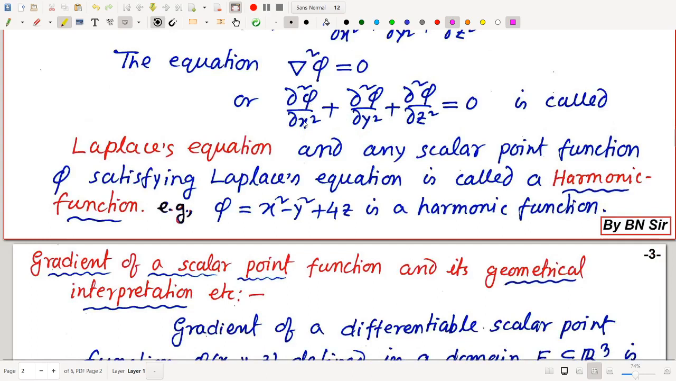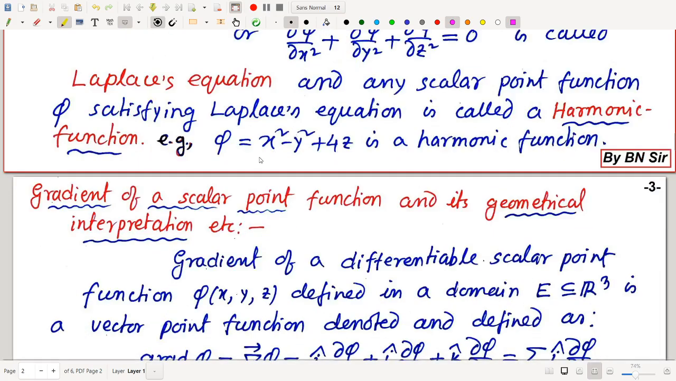With just ∂²φ/∂x² + ∂²φ/∂y² = 0, then φ will be called a harmonic function in complex analysis in 2 dimensions. For example, if we write φ = x² − y² + 4z, then this function is a harmonic function. You can easily verify ∂²φ/∂x² will be 2,